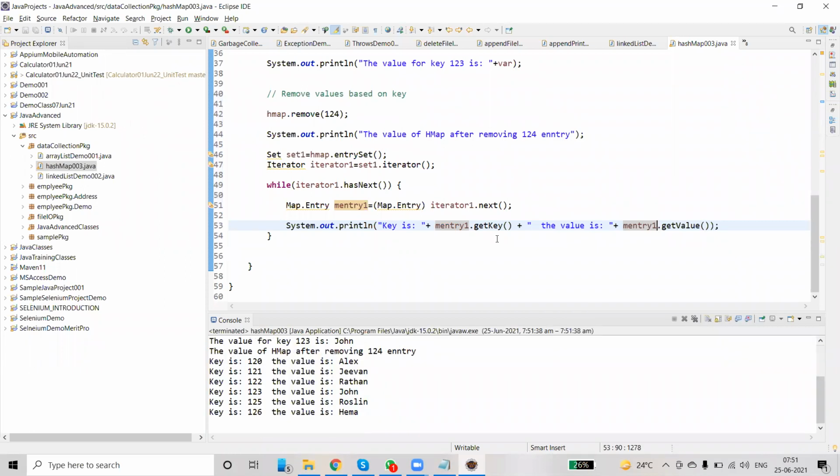See, this is how we use the remove and put methods to add and delete an entry from the hash map. Then we can iterate by using a set, and the set has to be assigned from entry set by using a set iterator. After that, the iterator has a method called hasNext. By using the hasNext method in a while loop, we iterate the values from the hash map. Clear? Let me know if you have any questions.